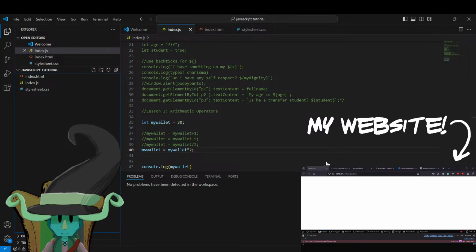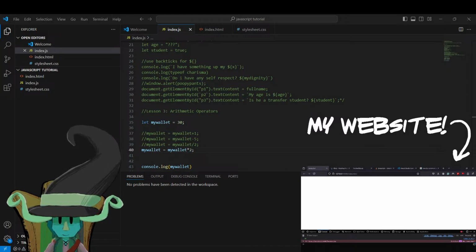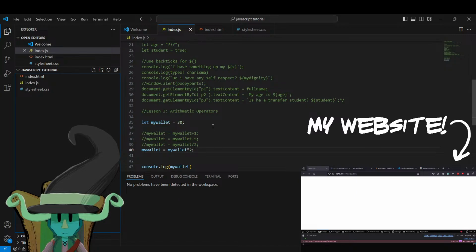I don't know. Students divided by 2. We now have 15. Alright, then we have exponents. Exponents are represented by double asterisks. What is students to the power of 2? 900 students. That is a very large class. Maybe it's a lecture or something in a college. So students to the power of 3, that would be